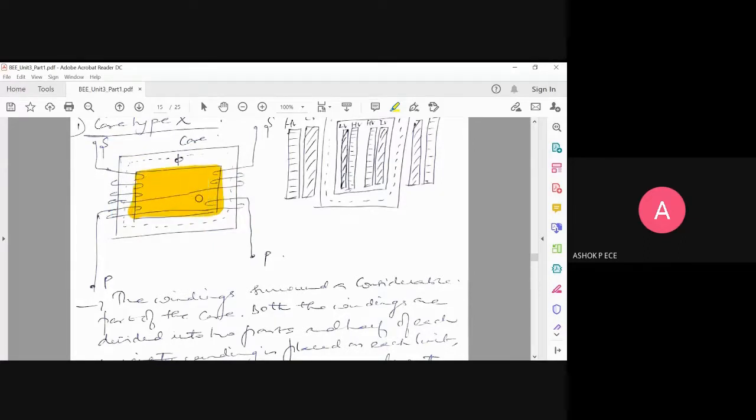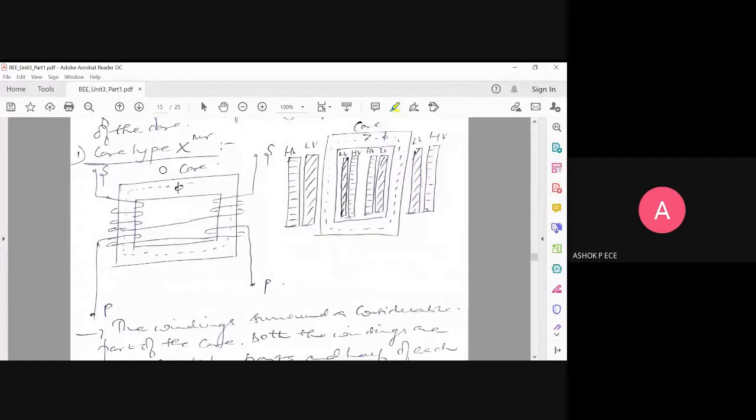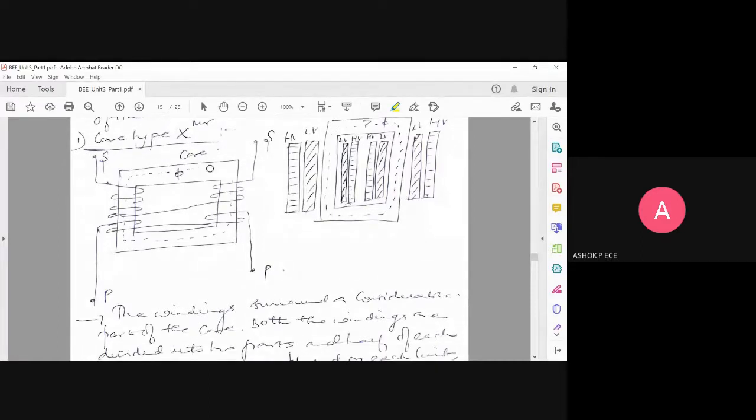So it's a hollow core, and the upper portion of your core will have your secondary winding, and the lower portion of your core will have your primary winding. You see, primary and secondary are not touching here. So this is called a core type transformer, where you have a hollow rectangular core, and in the core, the upper part is reserved for the secondary and the lower part is reserved for the primary. And the flux inside the core is going to link your primary and secondary windings. Okay, this flux is going to link your primary and secondary windings. So this is your core type transformer.